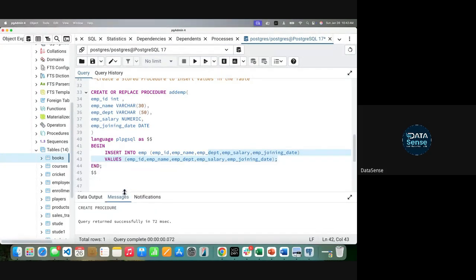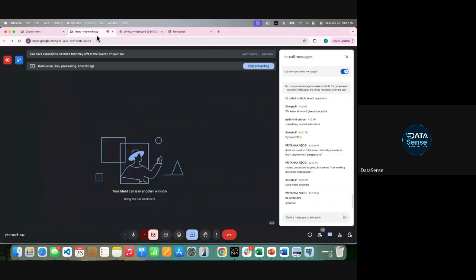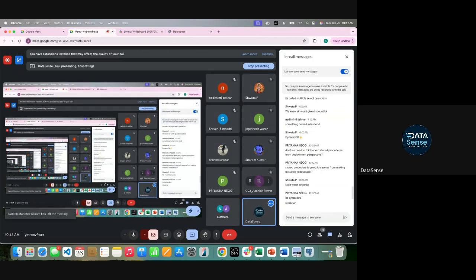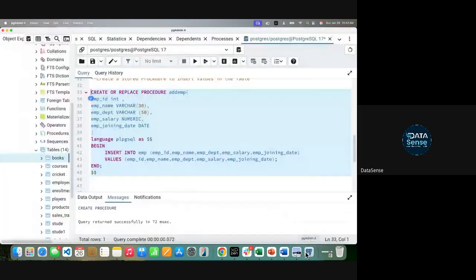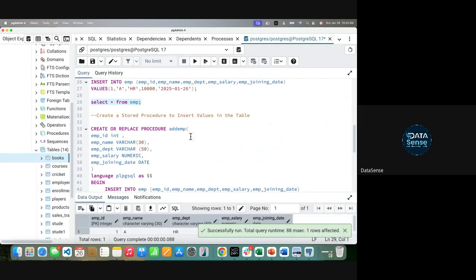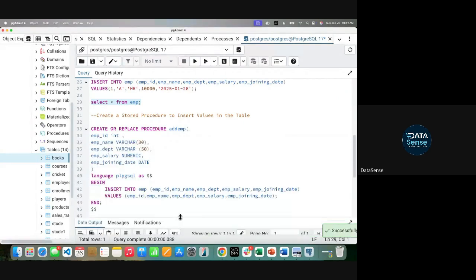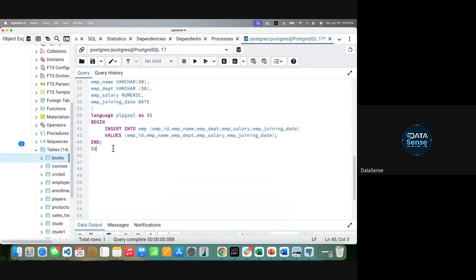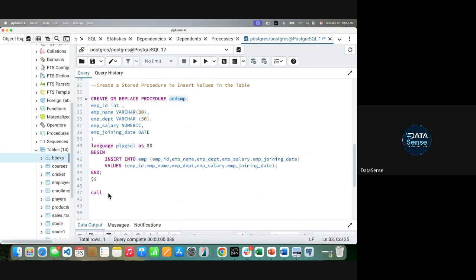If you see, this procedure is created now. Let me put it in the chat box in case we miss something; we'll get it from there. Now let's come here and try to enter values. Let's see how many values there are in my code. So I have one row. Now instead of running the insert into command, I'll say call. What is my name of procedure? Add employee. Now I need to add the values I pass in this. Remember, these are the parameters that it requires, so I need to pass everything.